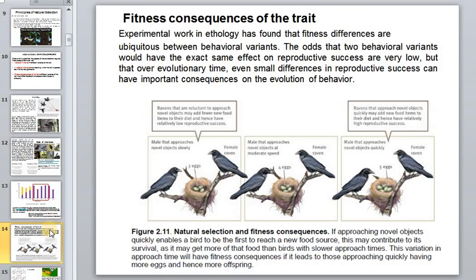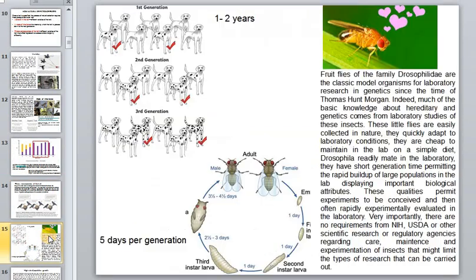Here we see that experimental work in ethology has found fitness differences between behavioral variants, and the odds that two behavioral variants would have the exact same effect on reproductive success are very low. But it's the number of generations that matters. It's going to take a long time for mammals, especially. Take the first generation, the third generation. It takes about 2 years for one generation, but